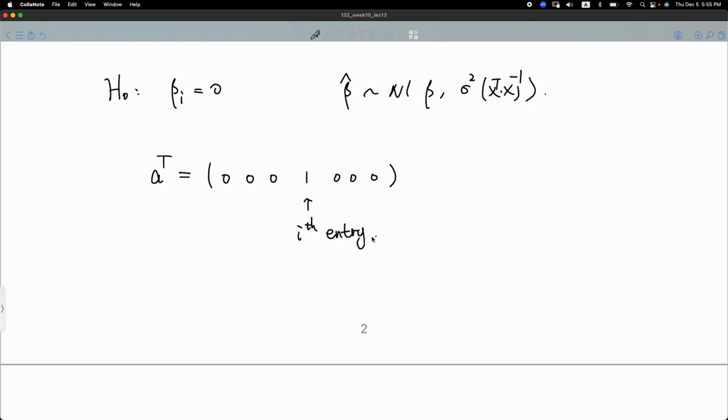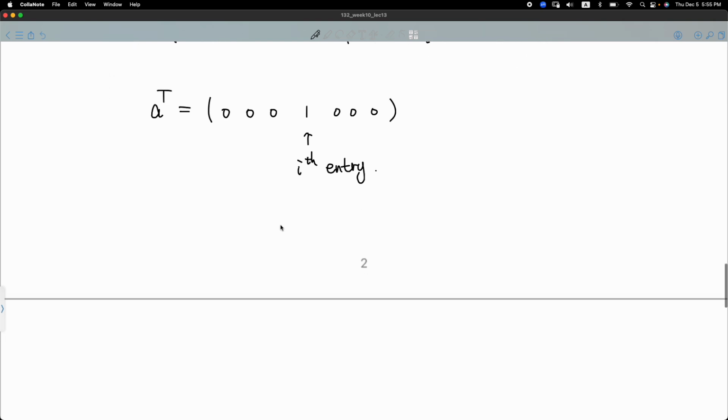Okay, so let's first define a vector called A, which has the following construction. It's just a 0 column vector, and then only the ith entry is equal to 1. So now, when we perform this multiplication, A transpose beta hat,